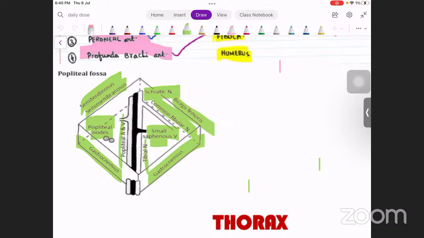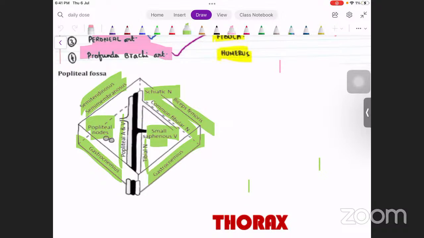The nutrient artery for tibia is the posterior tibial artery, and the nutrient artery for femur is your profunda femoris artery, and the nutrient artery for your fibula is your peroneal artery, and for humerus, it is your profunda brachii artery. Then type of joint: ankle joint is a hinge joint, dorsiflexion is mediated by your deep peroneal nerve, plantar flexion is mediated by your tibial nerve,